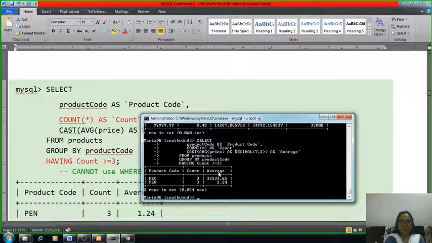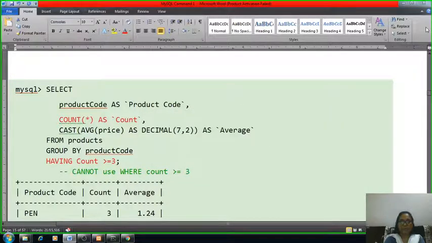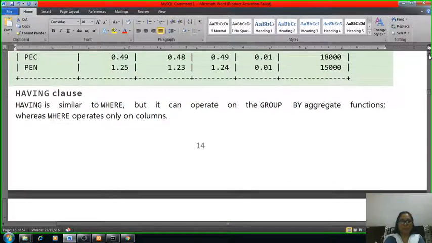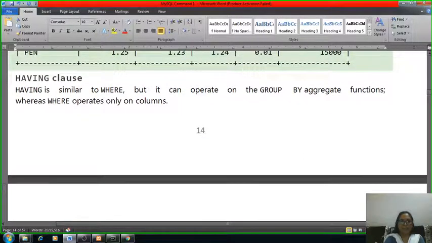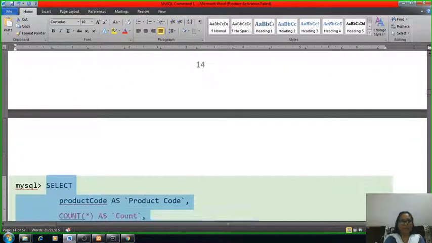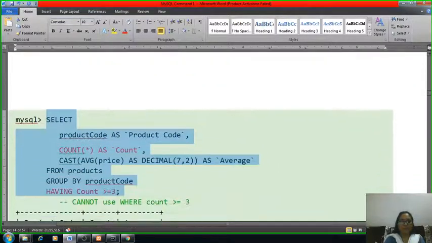Okay, so this is the output. Where command is applicable only to columns, so to remove this limitation we use the having command.